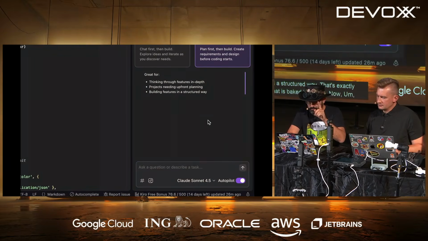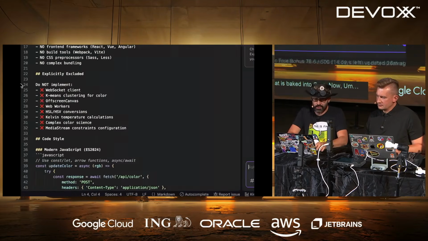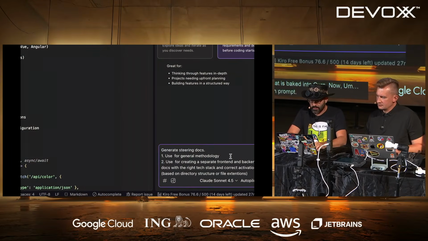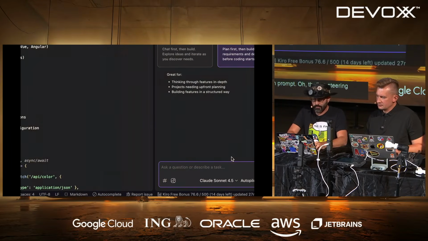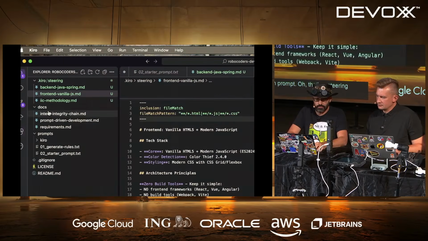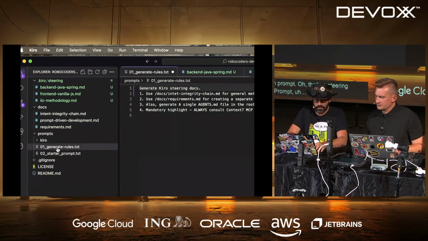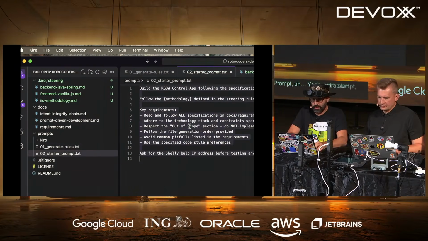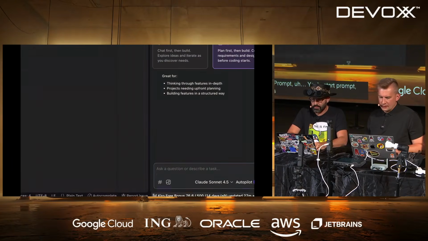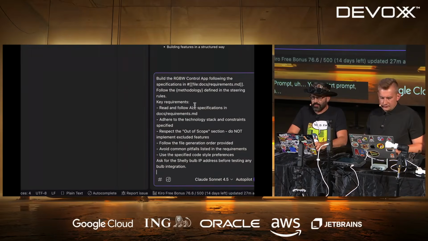Now, what we're going to paste here is our main prompt. That's a steering doc. Where is our main prompt? Main prompt. Get started. Yeah, again, start prompt. Here I go. Right. So we're going to do this. Okay. Build control app.